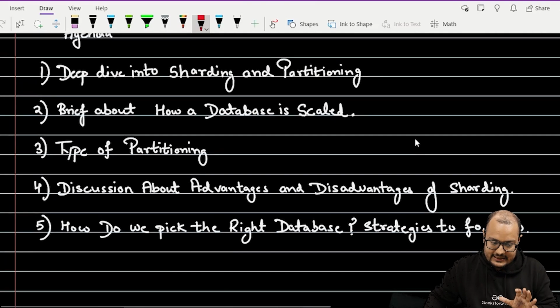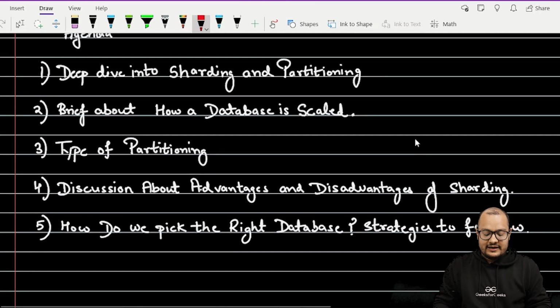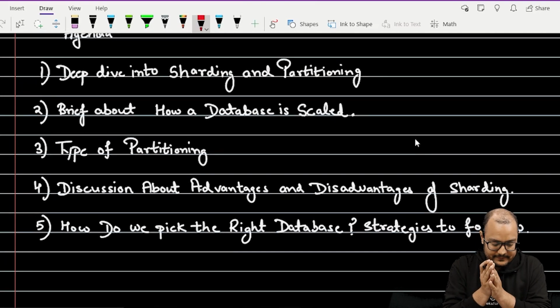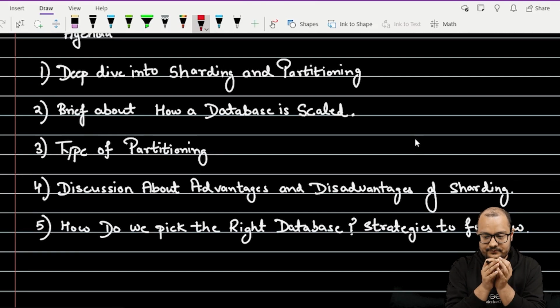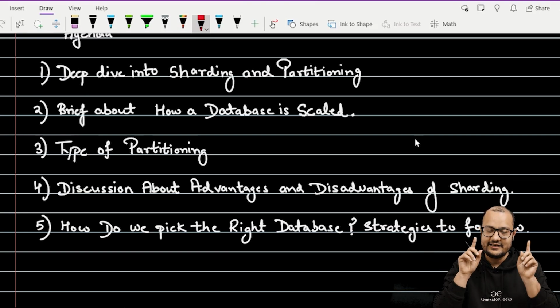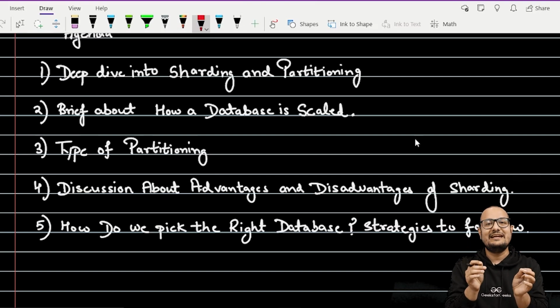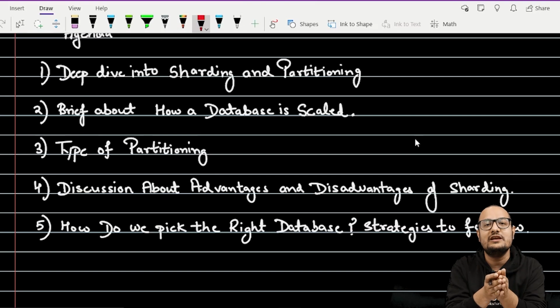So now let's start with the very common definition. Sharding is a method of distributing data across multiple machines. That is sharding. Splitting data into mutually exclusive subsets, that is partitioning. These terms are used very interchangeably, but they are not the same.